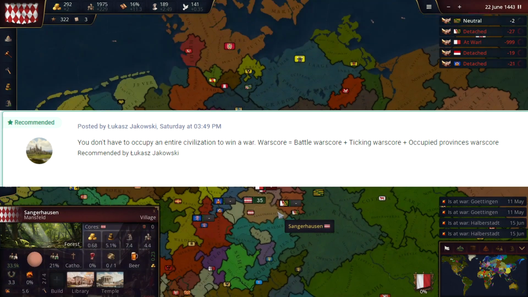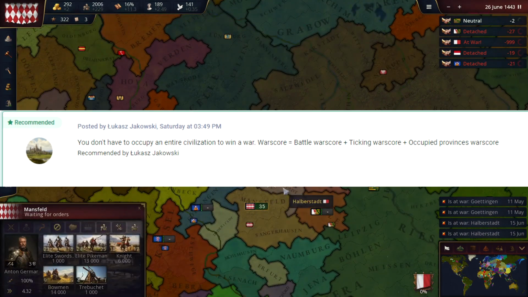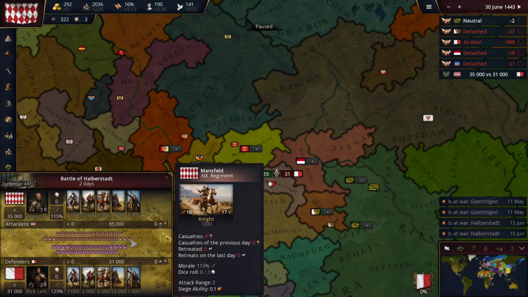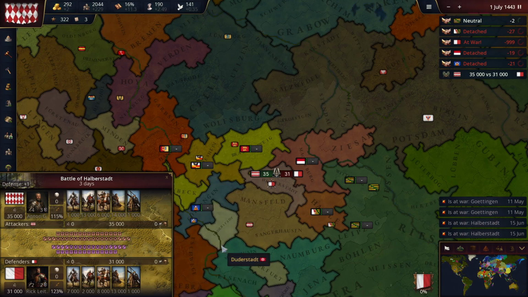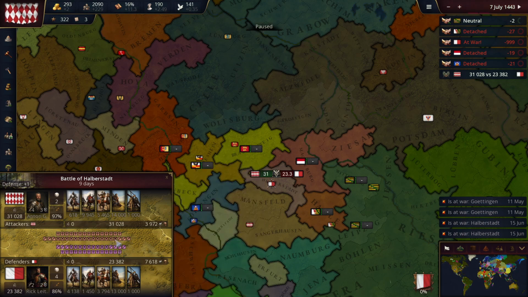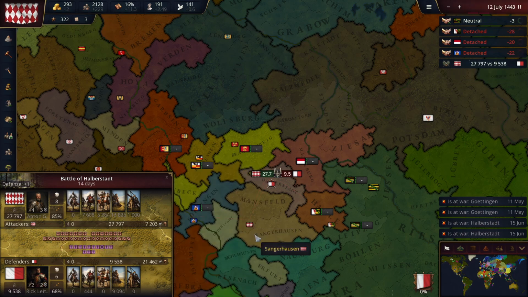Well, as I said in the last issue, it seems if you get 95% of the war score, then the country, as it were, surrenders to you, and you will be able to sign any peace treaty. That does not mean that all its provinces will go to you. This means that you can simply sign any peace treaty you want, and also you can change that percent